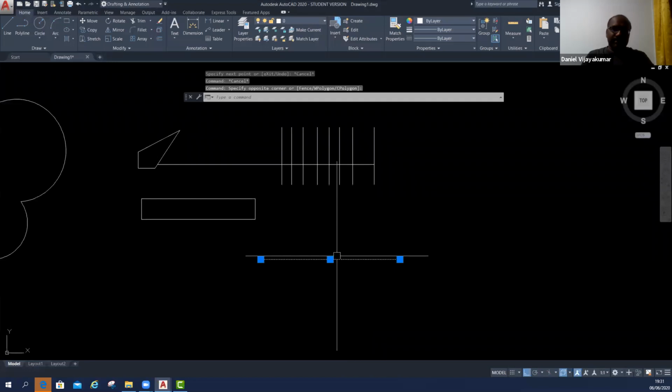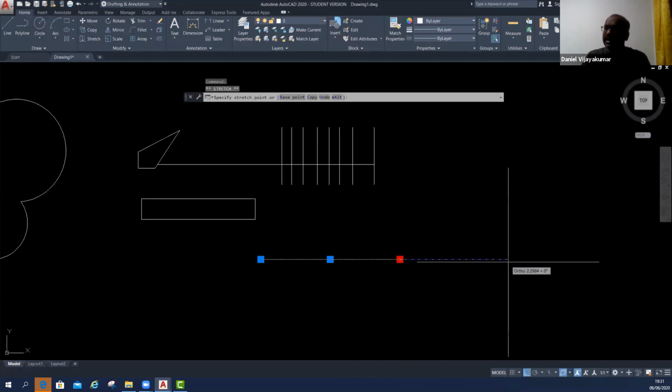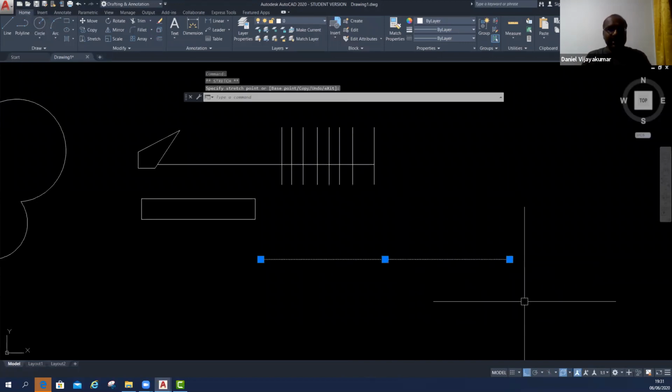I select the line. Last time I taught you how to stitch. Now I give you another short way. If you select the line, click the end point, then simply drag, you can get the extend or stitch.